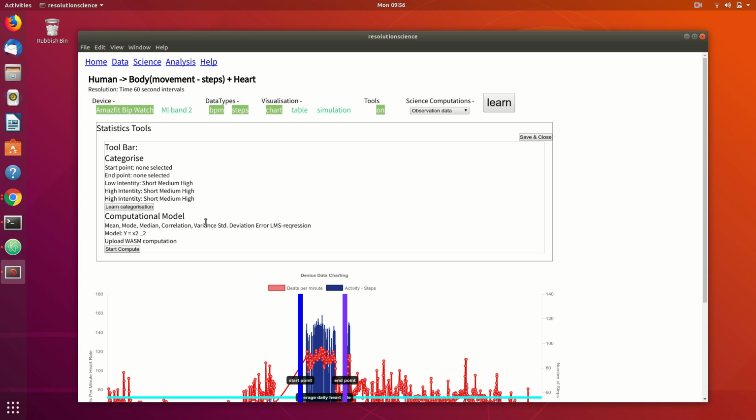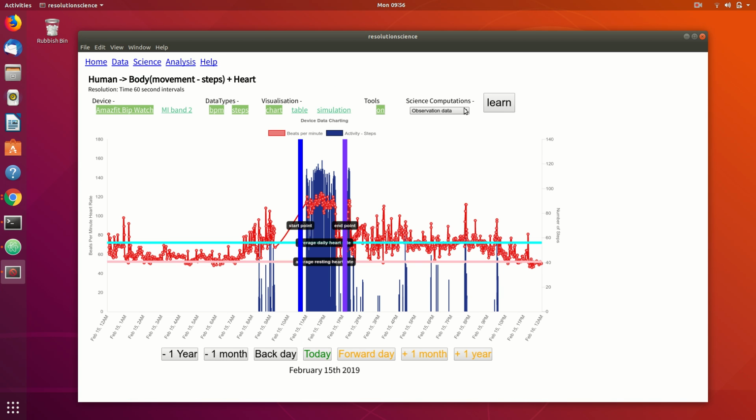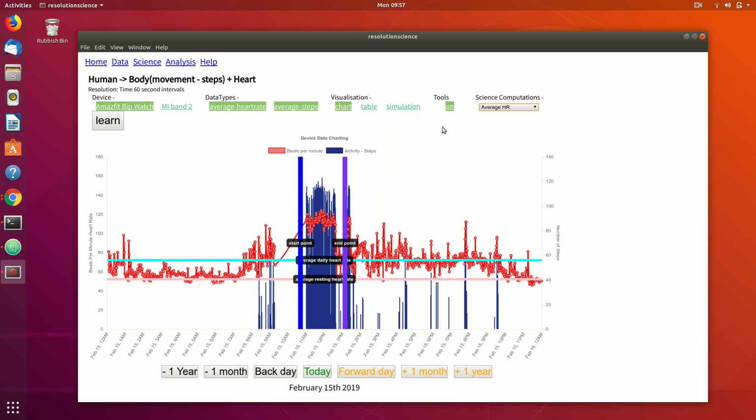And then we've got these default settings. And then it's like, what do you want to compute? So if you were able to write a computation, then we will upload it here and test it out, and then save it. And when you save it, it will become active in the science list. And so when it's there, you just click on learn,